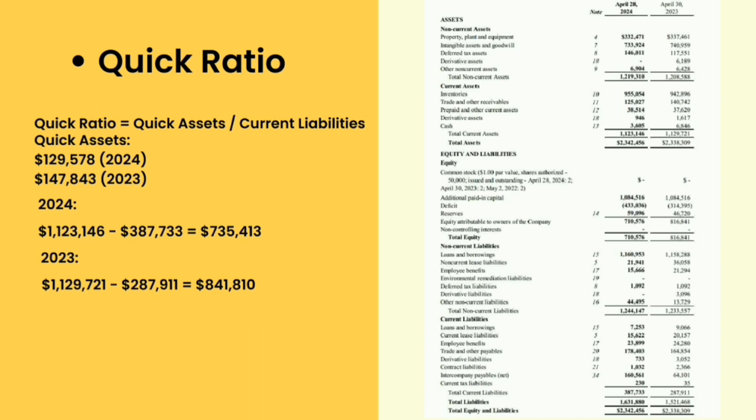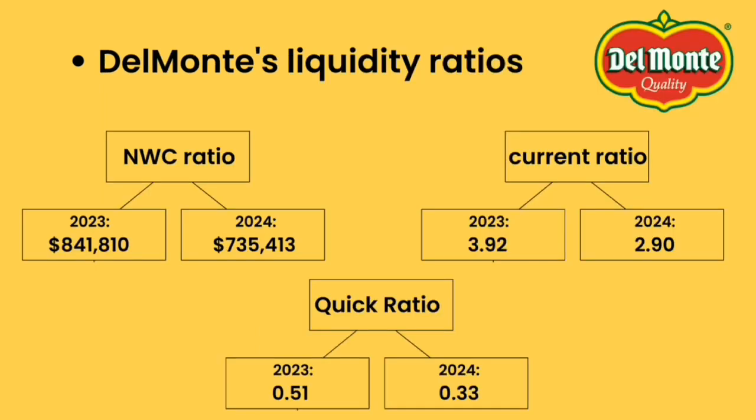While in 2023, the total quick assets is 1,129,721 pesos minus the current liabilities of 287,911 pesos and equals 841,810 pesos. Del Monte's liquidity ratios indicate that there is a decrease in net working capital from